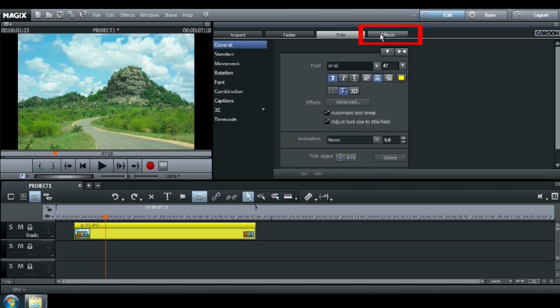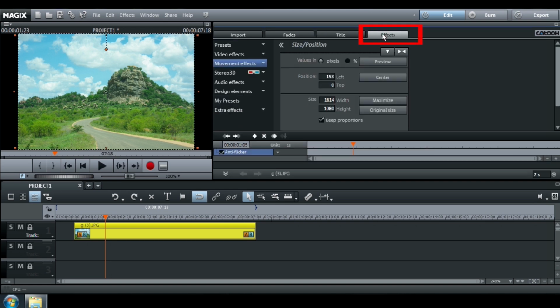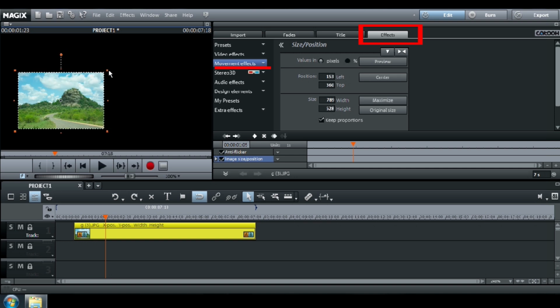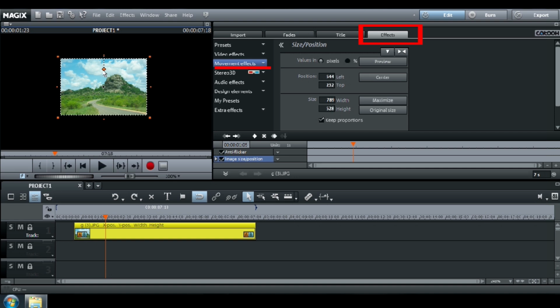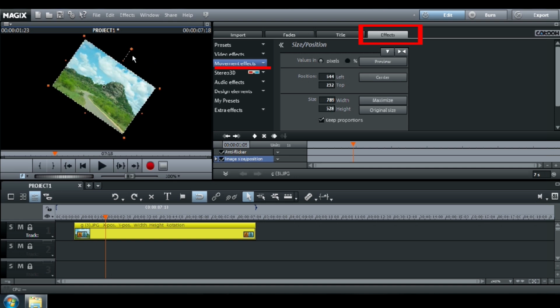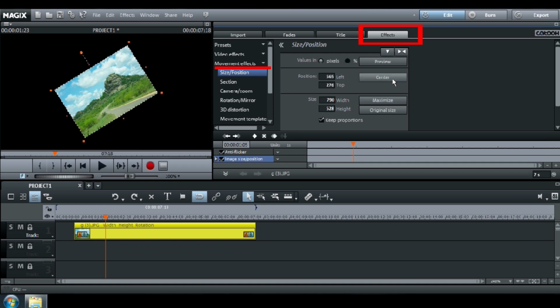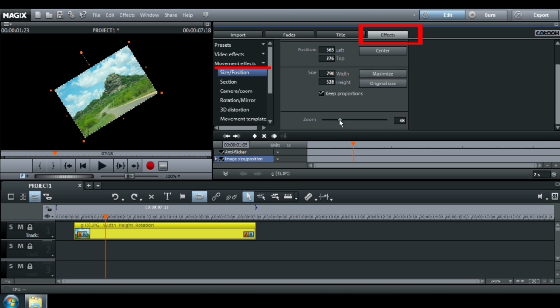To change the size of a picture, same thing for a video, go to Effects, Movement Effects, and use the handles. You can easily reduce or resize your picture. You can do it directly on the screen or with the right panel using the options like Center, or the zoom.